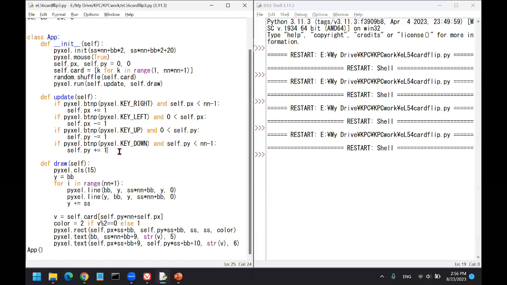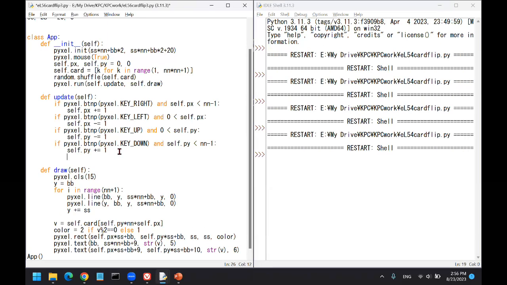So maybe you remember that you can check the mouse position. The first thing is pyxel.btn, pyxel.MOUSE_BUTTON_LEFT. Okay. If the left key of the mouse is clicked,